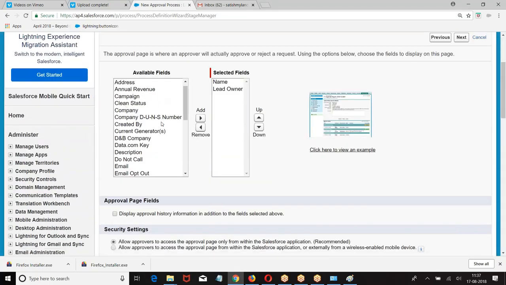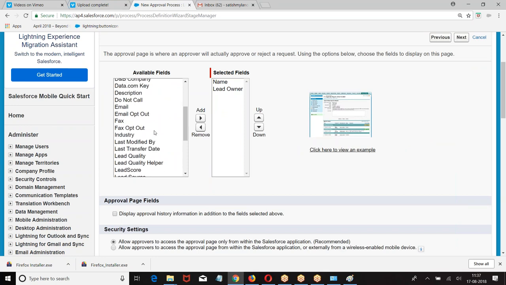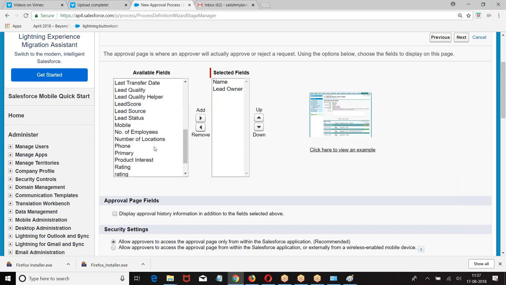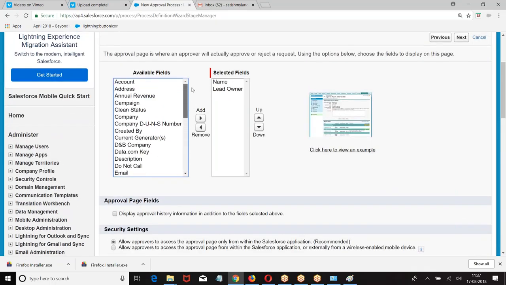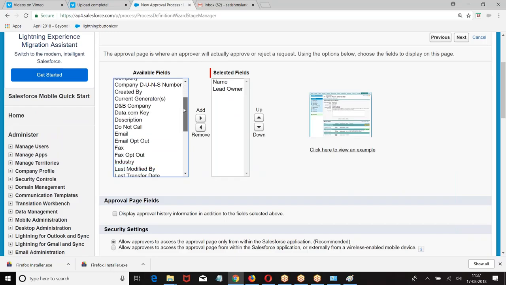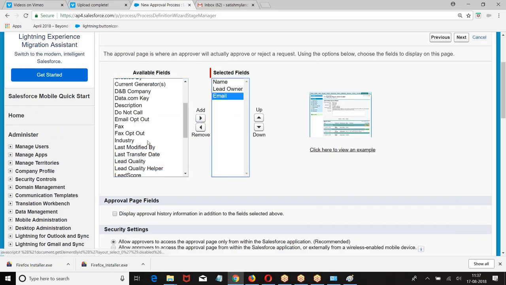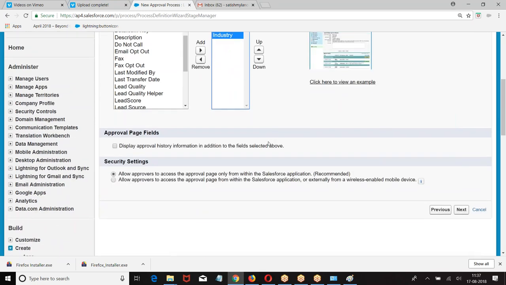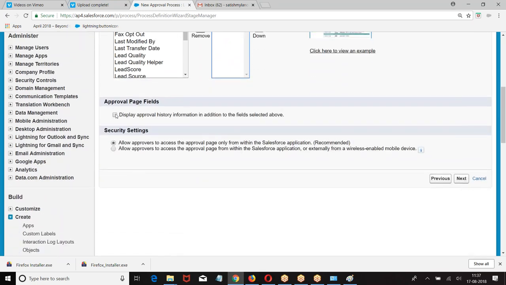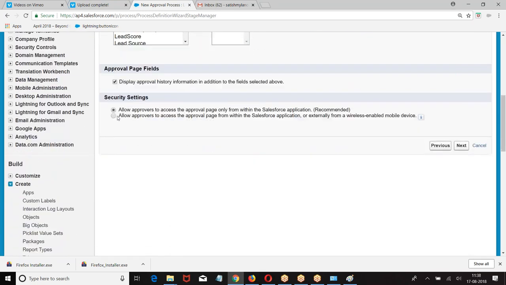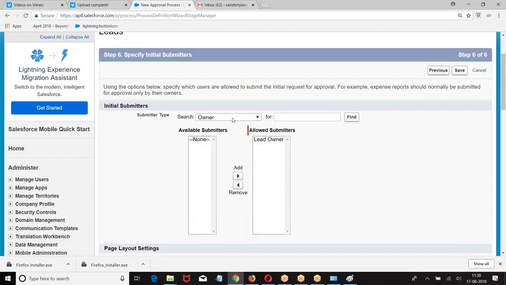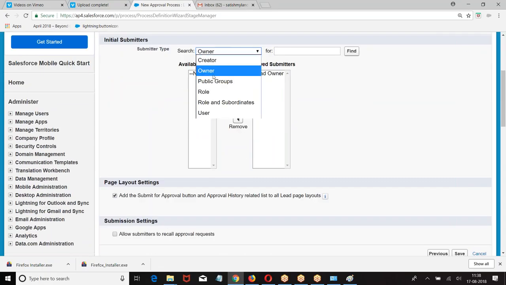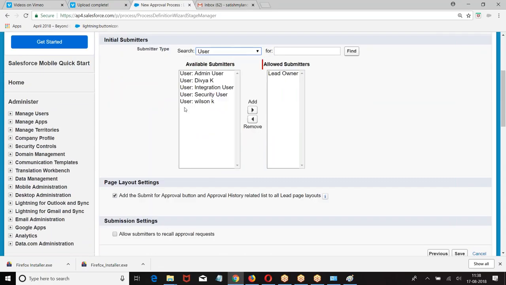Which fields you want to submit? Name, I can give. Approval page fields. Approval history. Next. Who can submit the record? I told Divya can submit the record.